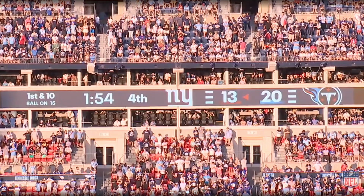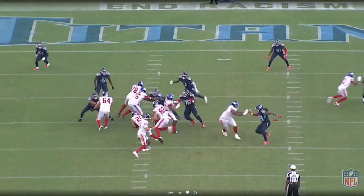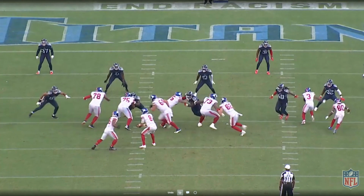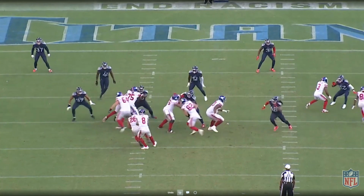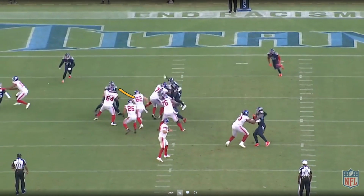Giants are still down 20-13. The Giants have counter trey dialed up. It's a same side counter trey, so the right guard and tight end are leading, but I just love how Barkley senses Jeffrey Simmons coming down the line of scrimmage after the block by Feliciano. Here comes Simmons down the line of scrimmage. Watch Barkley sense it, and as he's allowing these blocks to kind of develop, Simmons is coming down the line of scrimmage,